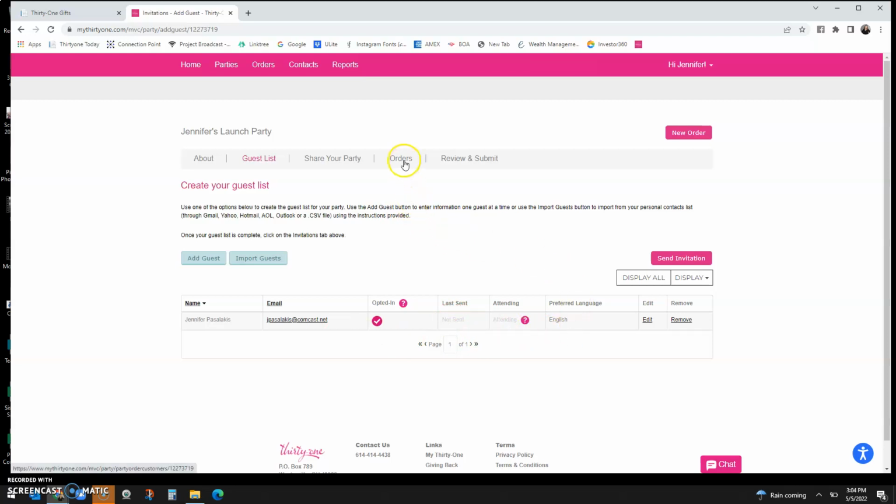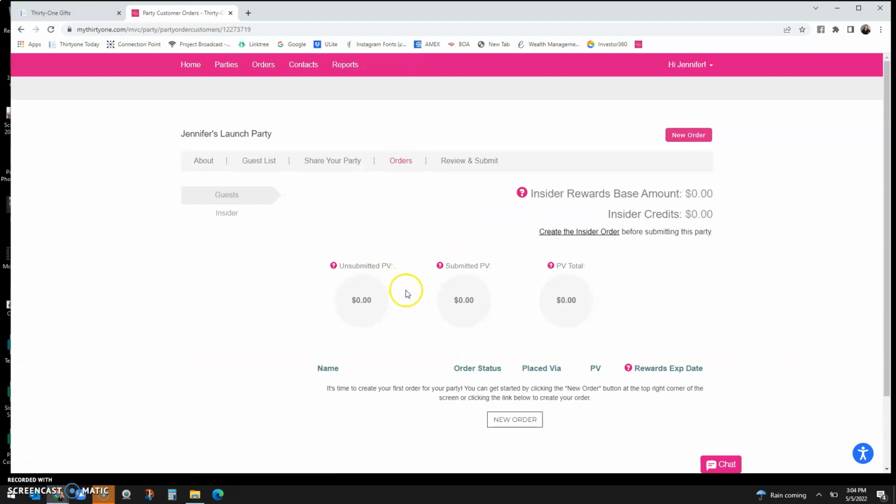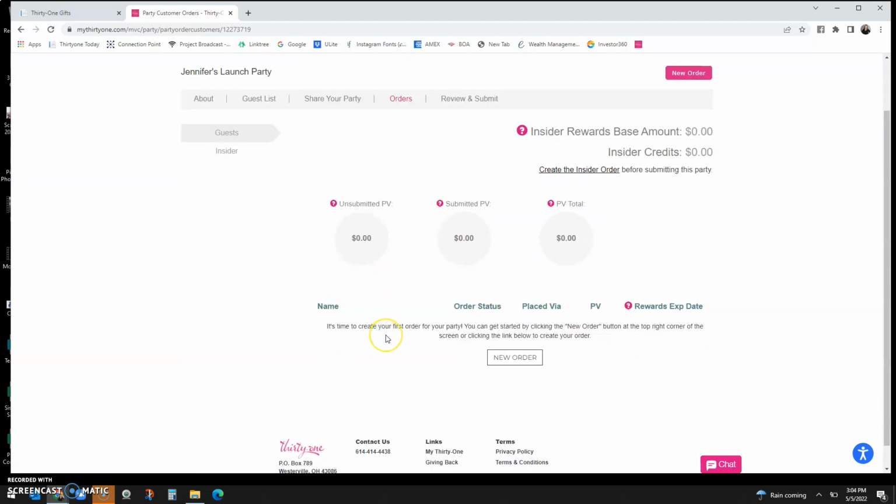Okay. You can also click on the orders tab, and you can see the orders that have been placed. As people place orders, they will start being listed here, and you will see an insider base amount. This is what the rewards are based on. You'll see that start increasing, and you'll see the insider credits increase as they reach the levels on our hostess